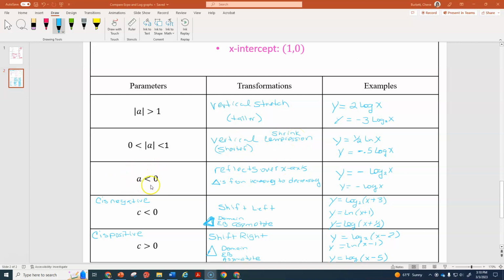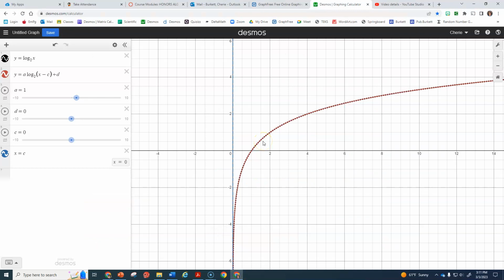And then, of course, if it is negative, and it doesn't matter whether it has a negative with a number or just a -1, those are reflections over the x-axis, and it's going to change your graph from increasing to decreasing. All right, so I do want to go back over here and show you there are some parameter changes